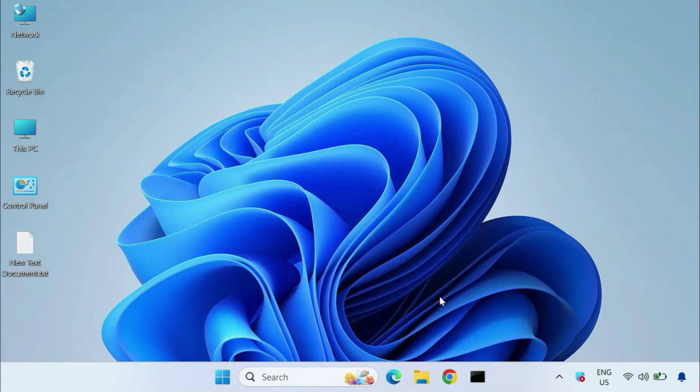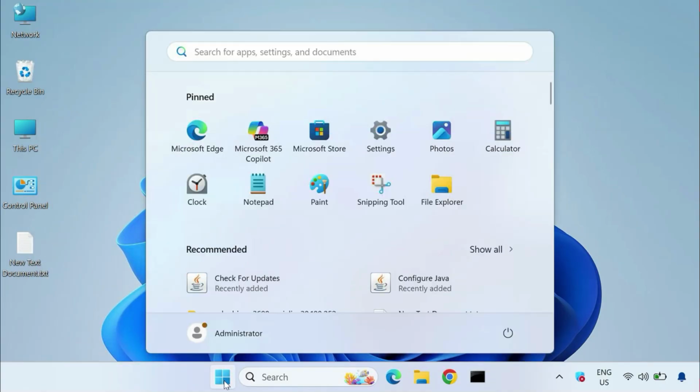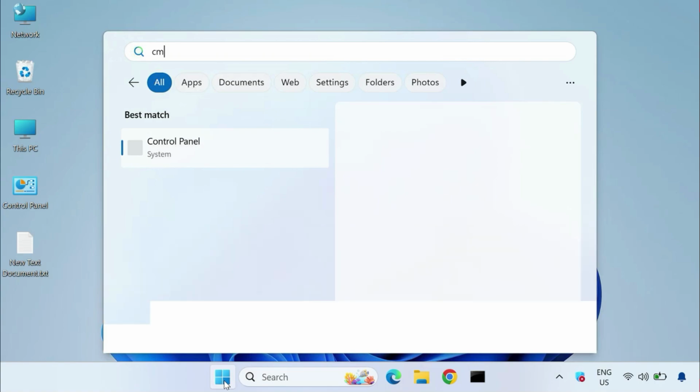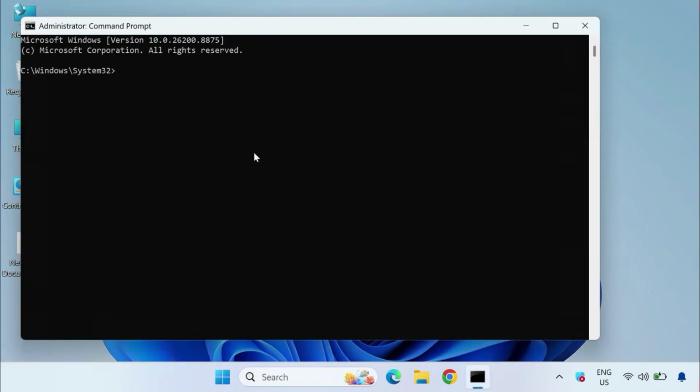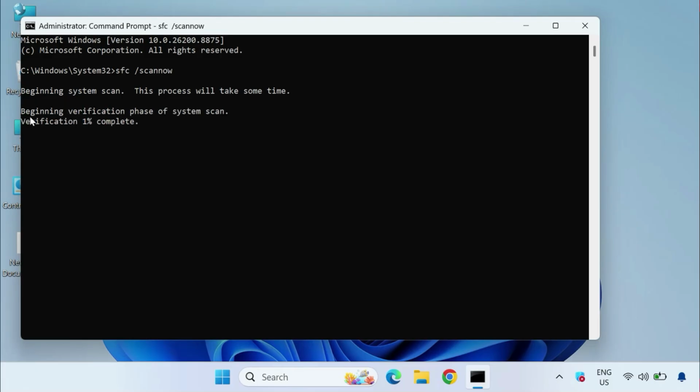And then last and very important, click to start, type cmd and then right click to run as administrator and type this command sfc space slash scannow and then hit enter. After that it will start a percentage, and when it is completed then need to restart your system and then connect a USB which port you are getting